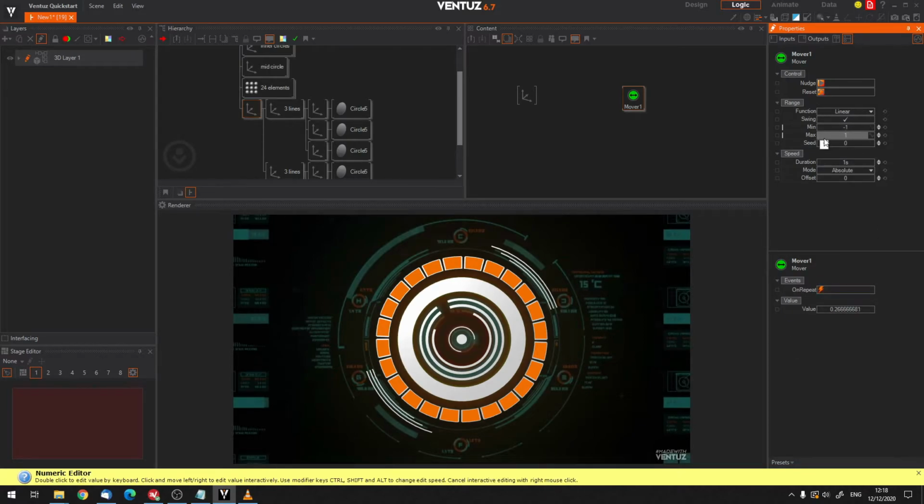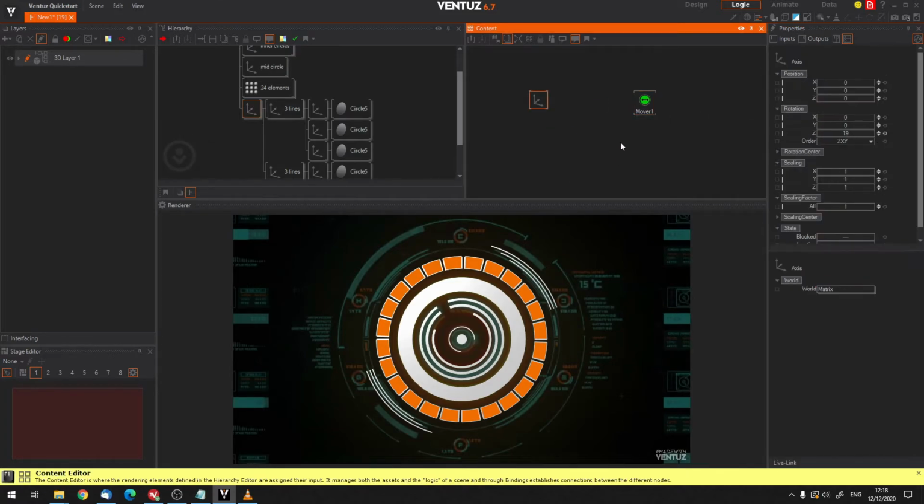So the mover is running from minimum to maximum and back. This "back" means with the swing. So let me show you that. Let's do our first binding. A binding in Ventuz is a second important